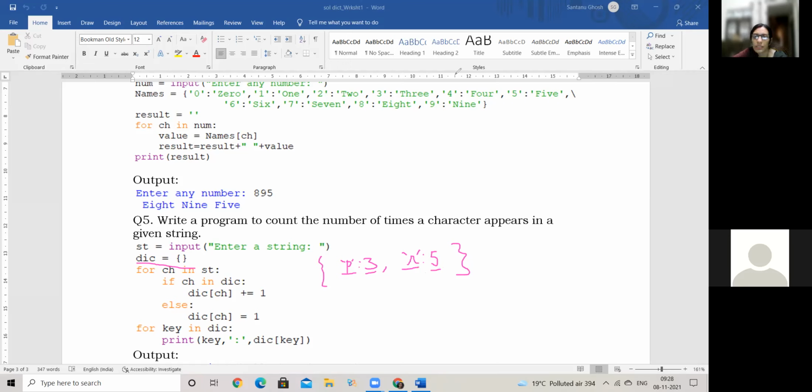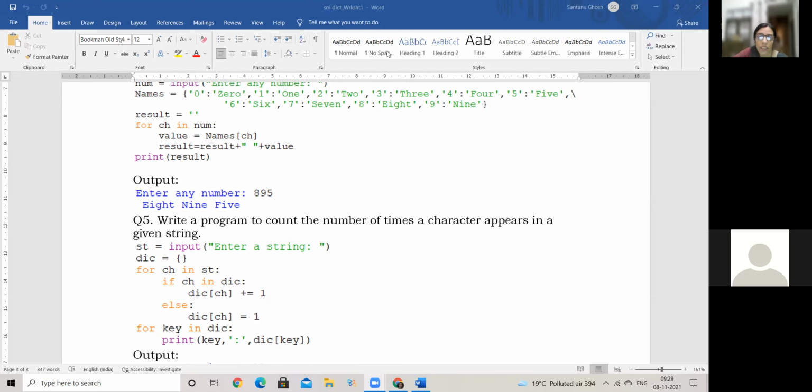Now this is not a very difficult thing to do, because the concept of dictionary and the in operator both act as magic here. Now look here, I have the string entered. Of course, that's a basic thing. I need the string which I want to refer to. Then I create a blank dictionary because ultimately I have to put my characters and their occurrences after searching into that dictionary as elements. So I need a blank dictionary.